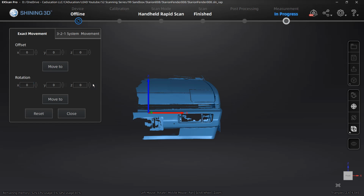And what I want to do is rotate the car about Z. I'm going to try 2 degrees, select move 2. I'm going to go the other direction, so -2, and let's say maybe -4. What I'm looking to do is orient this based on what I expect to see looking at the front of the car. Now, if you've never done this before, if you have a reference when you create your scan,